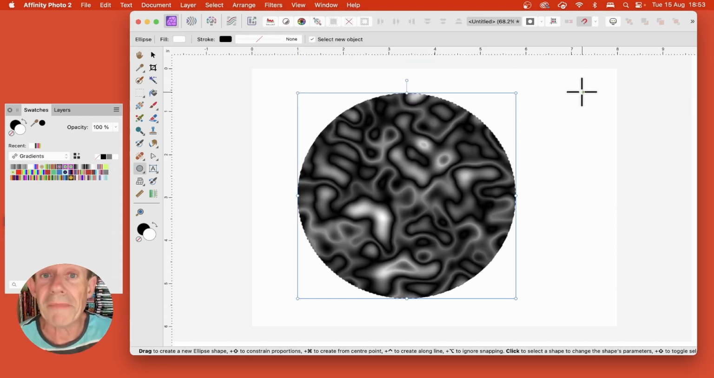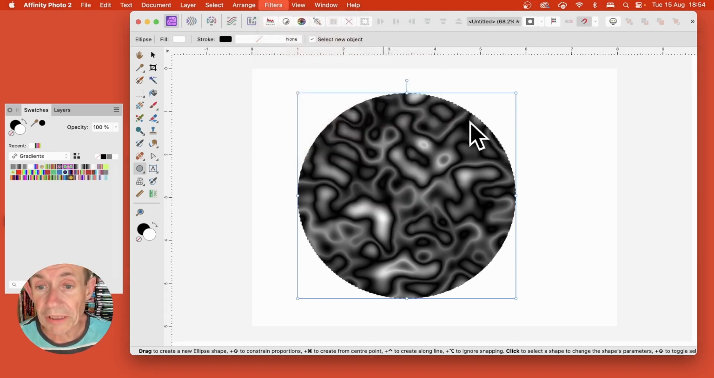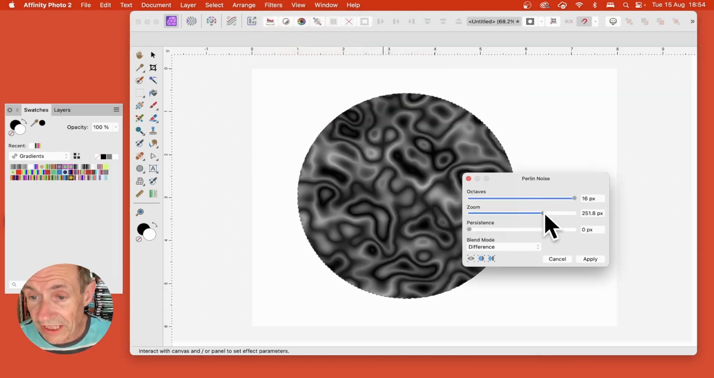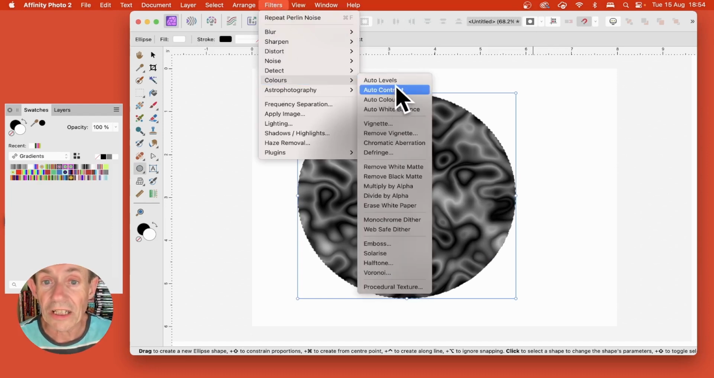You could also create a macro to do this. You could capture every one of these steps and apply it multiple times. Go to filters, down to noise and Perlin noise, and you can just modify the settings just slightly, just change them, up to you. You can keep it exactly the same if you wish. Click apply, and then again go to filters, colours, auto levels,